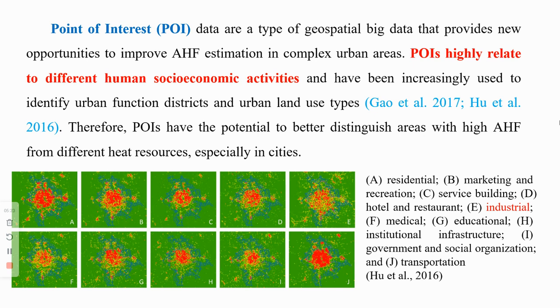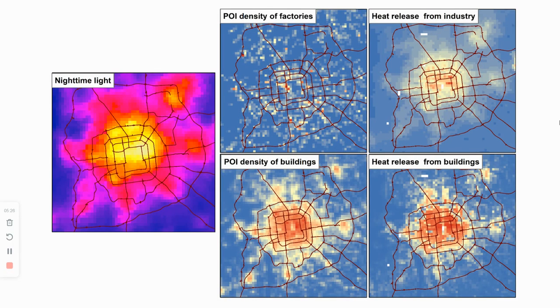So this figure shows nighttime light in Beijing. This is POI density for factories and POI density for buildings. So we can see in the urban center of Beijing, there are few factories. So if we use nighttime light data to estimate the heat emission from industrial, there will cause